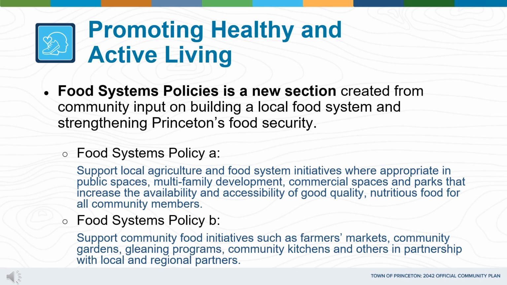These two new policies include Food Systems Policy A, support local agriculture and food system initiatives where appropriate in public spaces, multifamily development, commercial spaces, and parks that increase the availability and accessibility of good quality, nutritious food for all community members, as well as Food Systems Policy B, support community food initiatives such as farmers markets, community gardens, gleaning programs, community kitchens, and others in partnership with local and